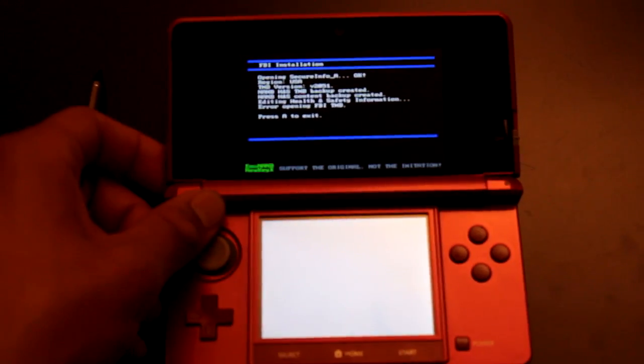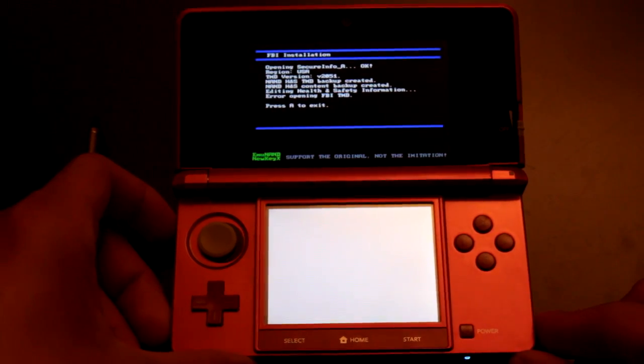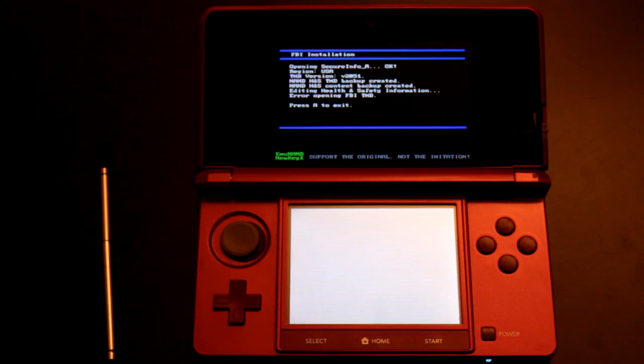And remember what version you have and what region it is, because on the folder I put it for all the regions. So if you had, let's say, Japan or Europe or Tokyo or whatever, you will know what file to choose and put on your SD card. So now that we know what kind of region we have, we're gonna go and